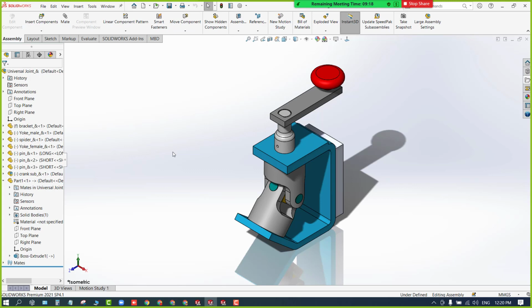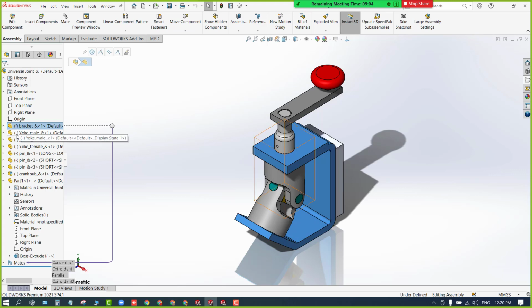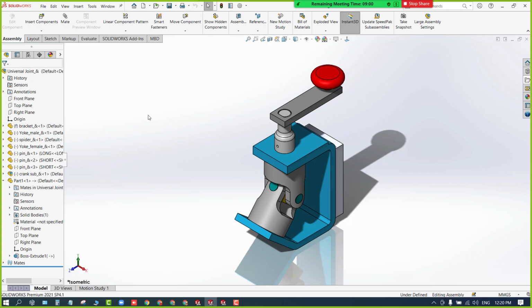Fine, then now we'll cover the bottom up assembly approach. So we're going to do the same. Let me browse the components for now. So I need this bracket as a default. The first one, you can see the symbol F, in the sense fixed, and these are free to move. They have degrees of freedom. Degrees of freedom means the number of possible ways a particular component can move.